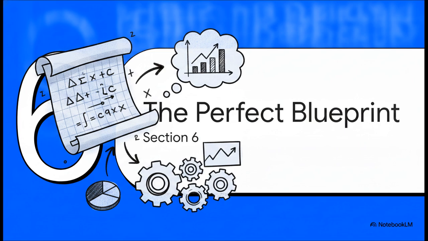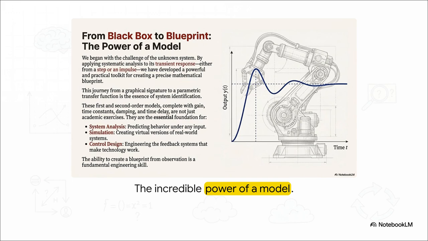Finally, Section 6, Building the Perfect Blueprint. Let's bring this all together to show you exactly why doing all this intensive math is totally worth the effort. Finding these parameters, the gain, time constants, the damping factor, the delay, it is definitely not just some academic exercise in reading graphs. These parameters are the absolute essential foundation for predicting system behavior, running virtual simulations, and actually engineering the precise feedback control systems that allow, say, a massive robotic arm to swing into place smoothly and stop right